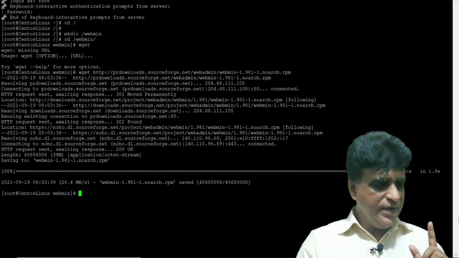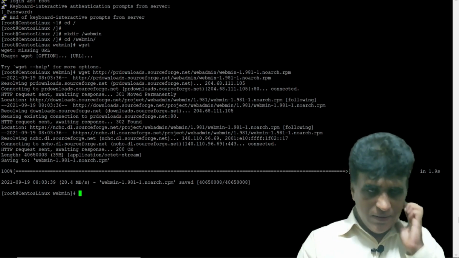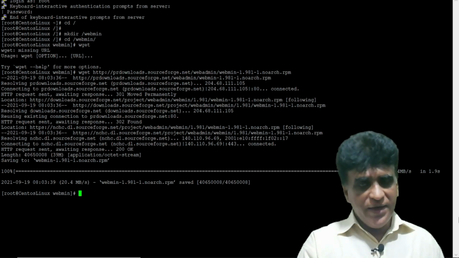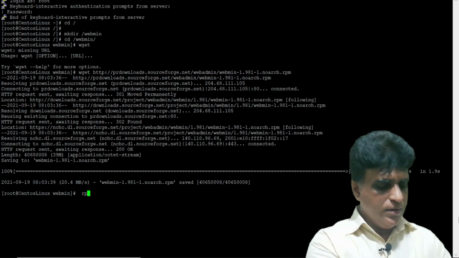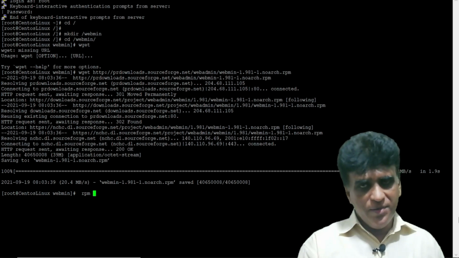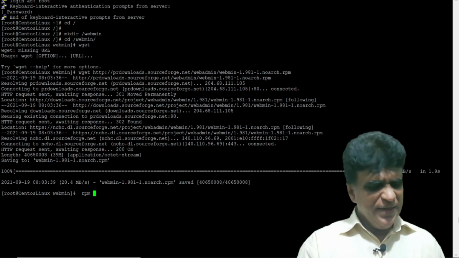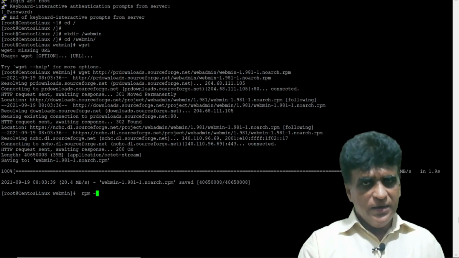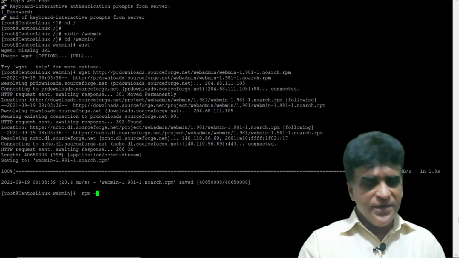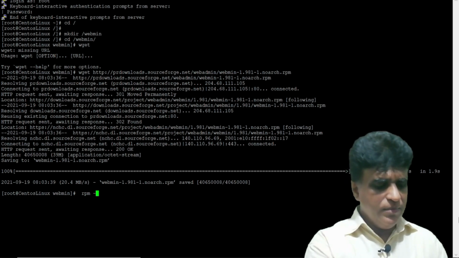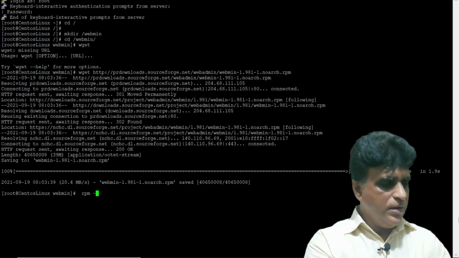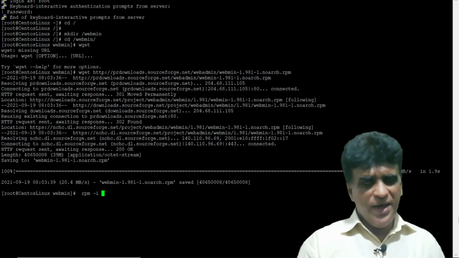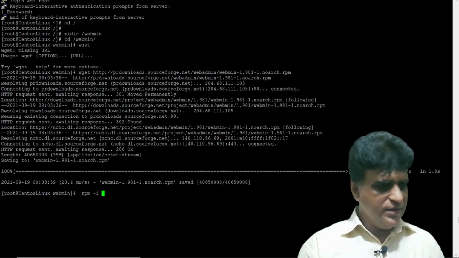Anyhow, we can install this, right? An RPM package we can install using the rpm command, right? There are different methods, parameters related to this RPM. I'm saying rpm -i, install what?